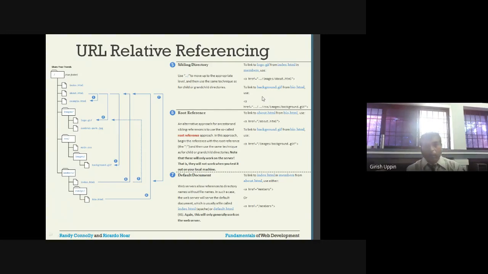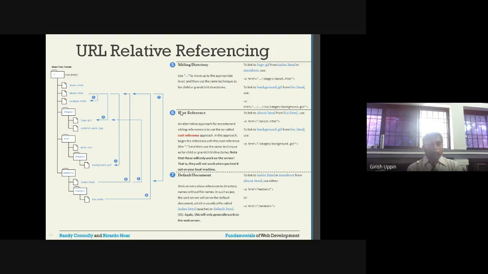You can see here href dot dot, it will go one level above, then /images, then you access the file. That is how, in the case of a sibling, you go one level up and then give the name of the sibling folder to access that particular file.